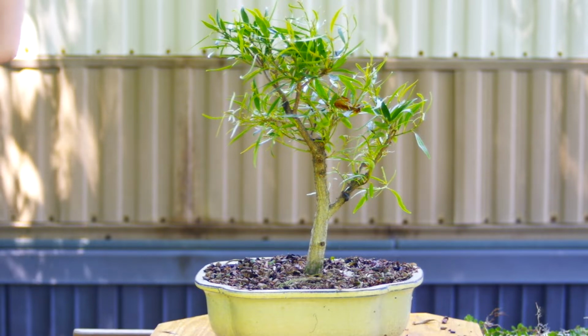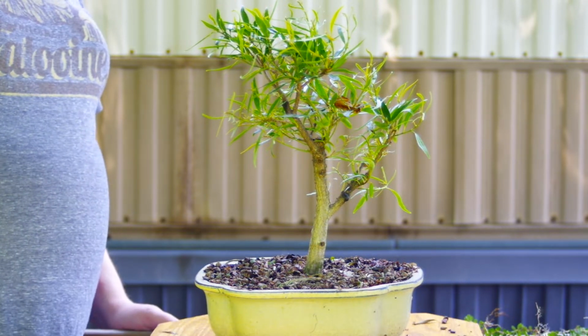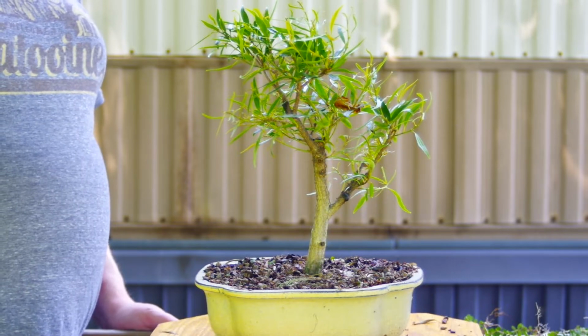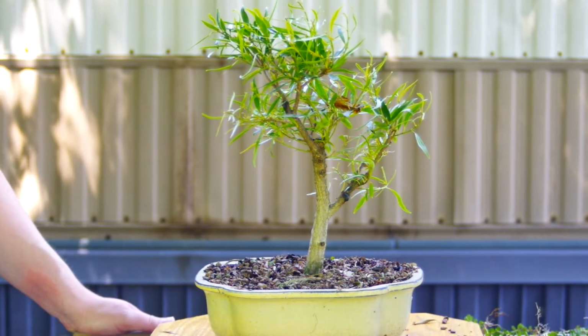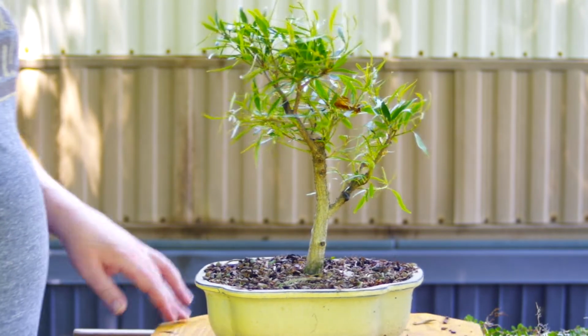And then I also had scale insects on it over the winter, which I had to take care of. So that probably did affect the tree a little bit too. But it's growing good. It's starting to grow good. We're just going to address a few things, like I said. Like in here,